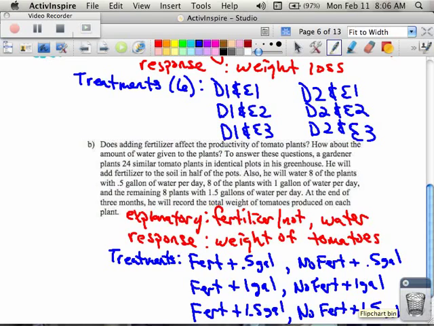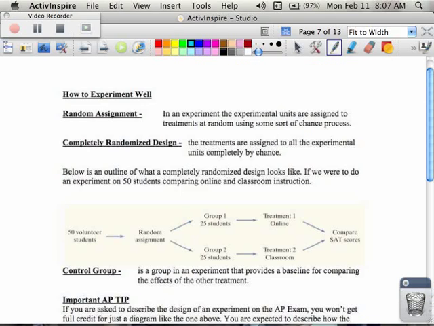And then the experimental units in this will be the tomato plants. So when you're doing an experiment,